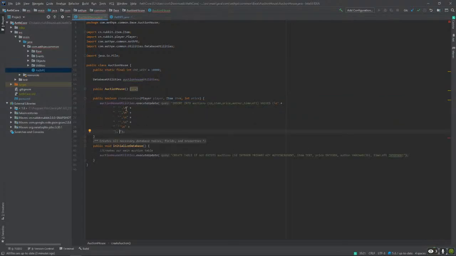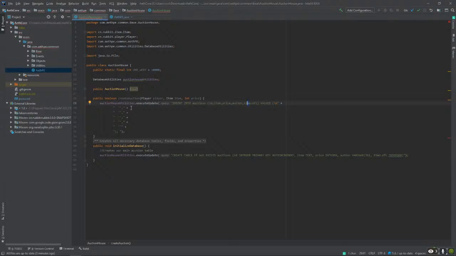But let's actually remove these. All right, so the first thing that we need is the ID. So 1, 2, 3, 4, 5.